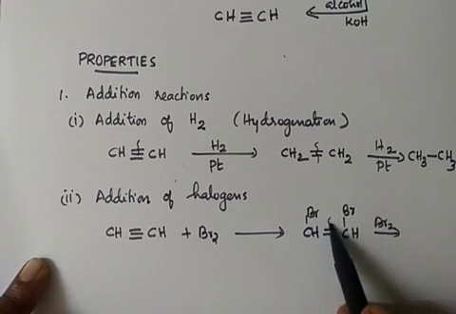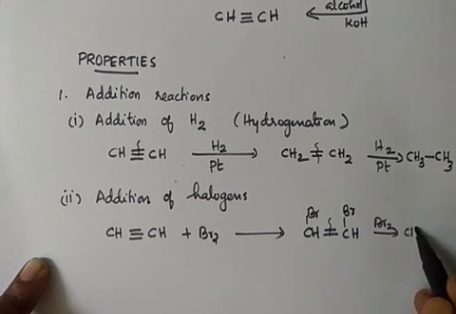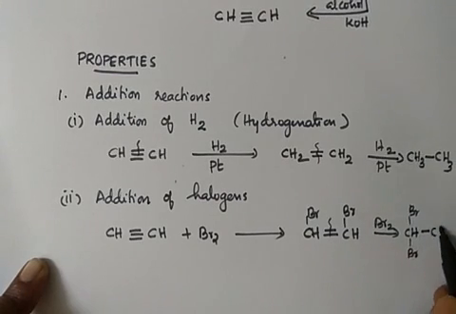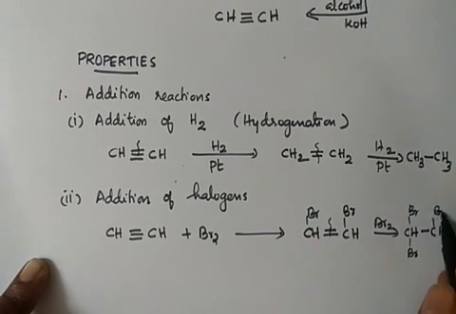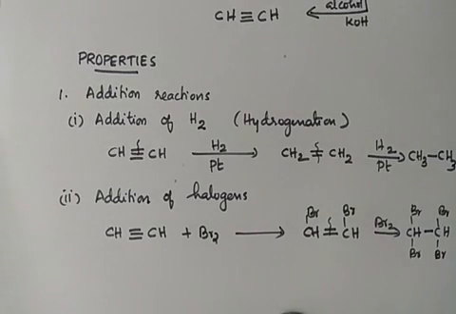Again, bromine is added to both sides of the bond, and then it becomes CHBr, and this becomes a single bond. Again, a bromine is also added to this. Okay, this is bromination. So when bromine, or bromine water, is added to an unsaturated compound,